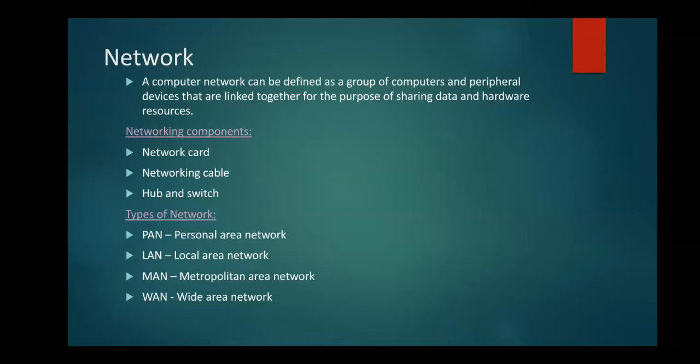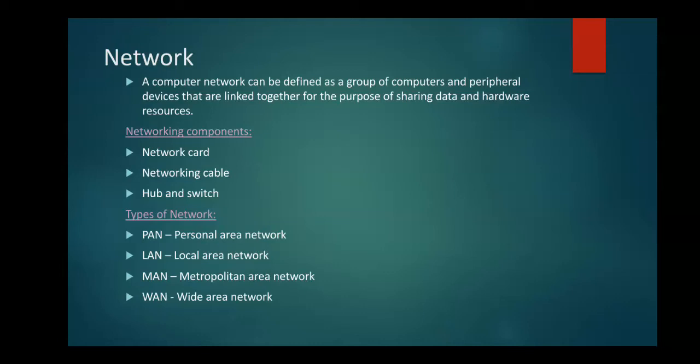Different advantages of a network are preserving information and reduction in hardware cost. A single device can be attached to multiple computers, which reduces the cost of hardware. Similarly, when we install software on one computer, all the connected computers can access it, so it also reduces the cost. Efficiency: in a network, deletion, modification and updation can be done at a single point. Redundancy: that means we can avoid duplicacy.